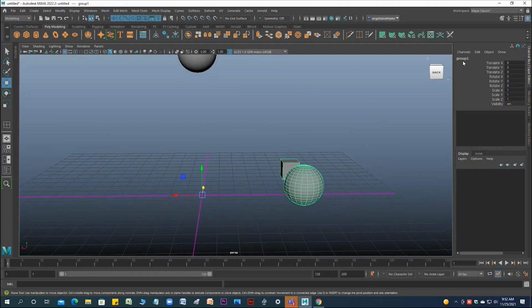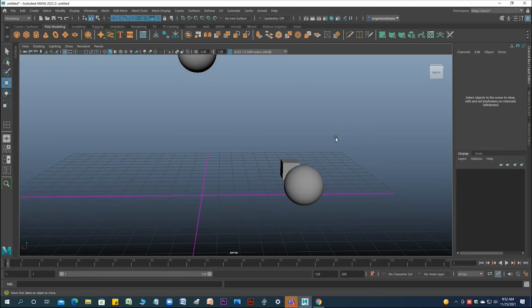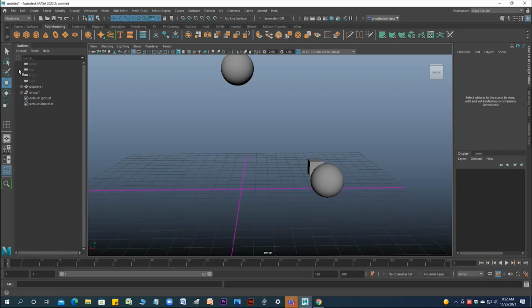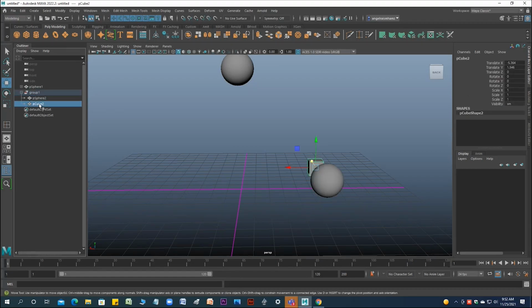You can give the name. Group 1 is there already. Select this. Whenever you miss it, press up arrow. Many times if you select the character, this object, you won't see this group; press up arrow and you go back there. Otherwise you have to use the outliner. So group 1 is written over here. If you click this plus sign, you can see the hierarchy. So sphere is there and the cube is there.